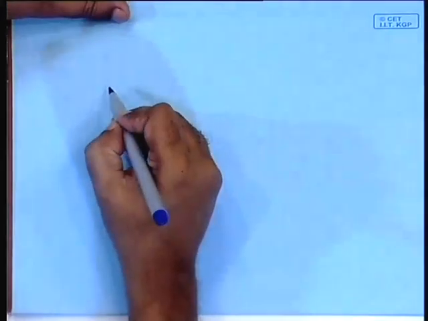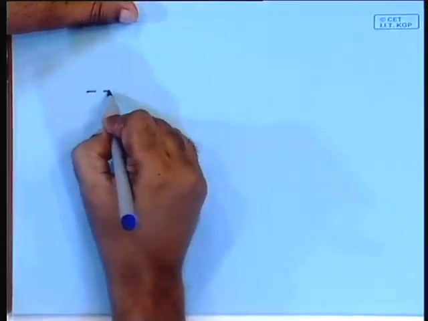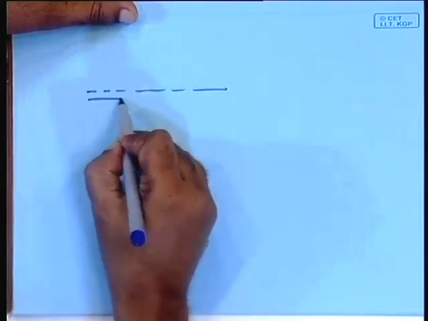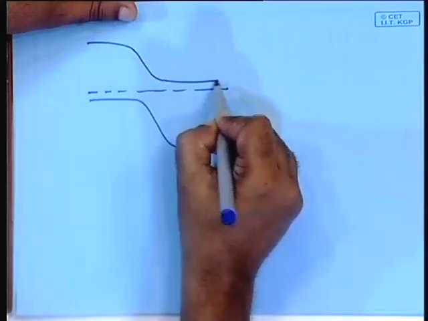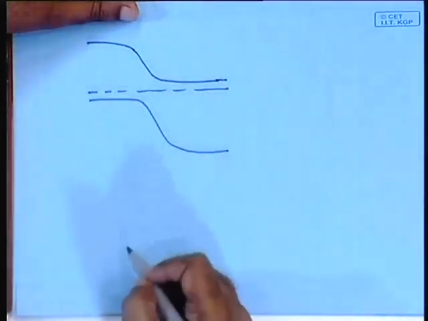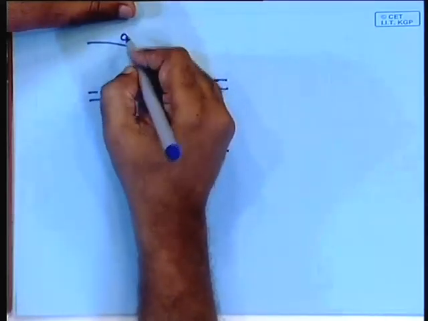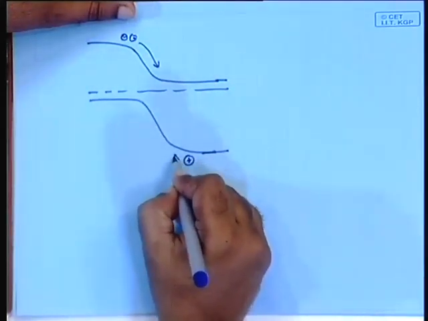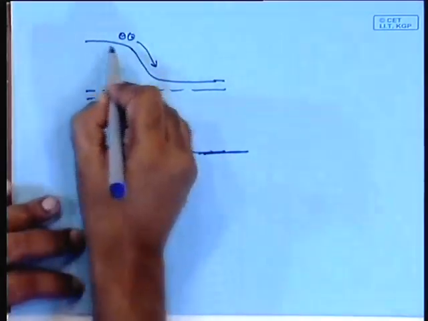You have seen that the elementary process by which the charge separation takes place is the PN junction, in which what happens is the equalization of the Fermi level, and you have this one going like this and this one going like this. And if you have the electrons produced, they flow down, and the holes produced, they flow up. That is the essential thing that you have learned. Now, here it is flat, and here also it is flat.